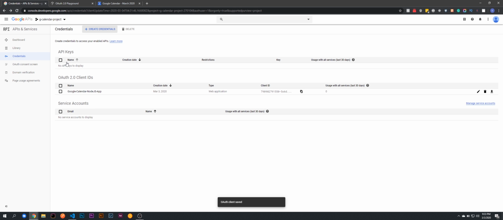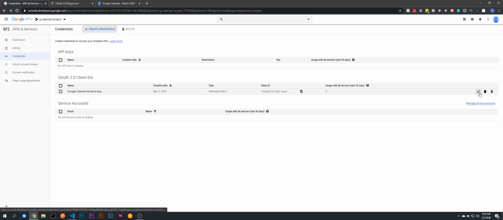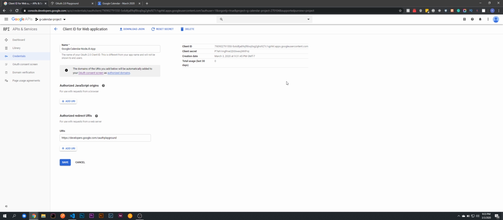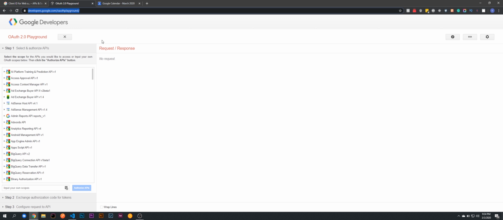Now that's going to bring us back to our credentials page. We're going to want to go back into the Edit tab. We have that URI or URL saved. So what we're going to need here is we're going to start with our client ID. So go ahead and grab that client ID, copy it to your clipboard, and head over to the